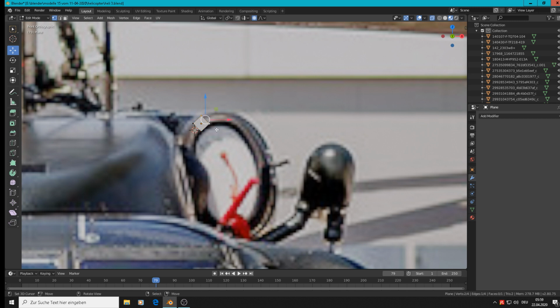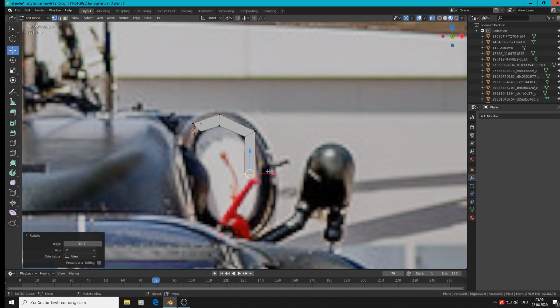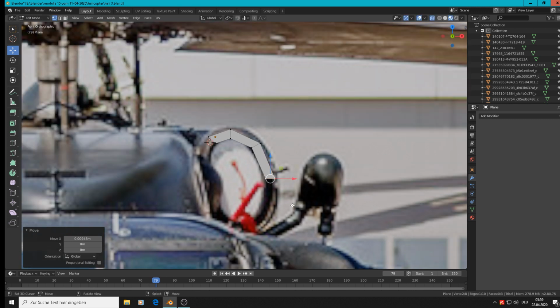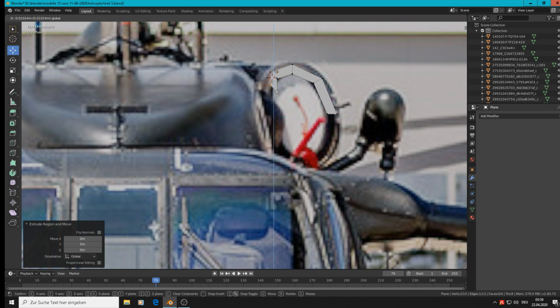So grab it, disable proportional, grab it there, rotate, like that, extrude, bring it there, rotate, extrude, bring it, rotate there, and from here extrude, bring it there, rotate,